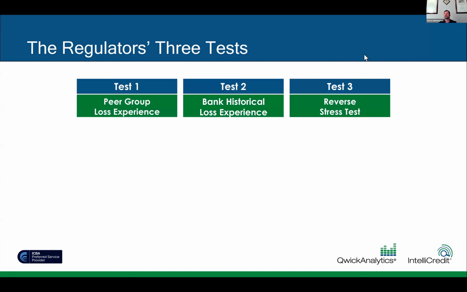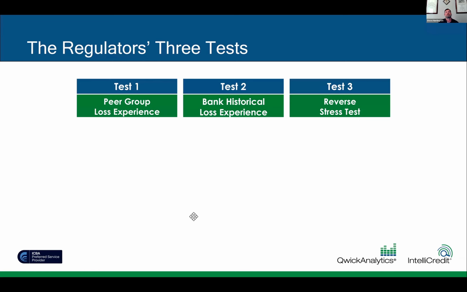started with it. Sure. So when you run a portfolio-based credit stress test using our automated tool, there's 3 completely separate and independent tests that we run. The first test is what we call the peer group loss experience, and that is where we're aggregating your peers' loss experience at the segment level. So with as much granularity as we can get with the publicly available call reports, and looking at their loss patterns at the segment level throughout different economic times in the past. So during a healthy recent environment, like the last few years or almost the last decade at this point, and also the most recent stress period, like the Great Recession.